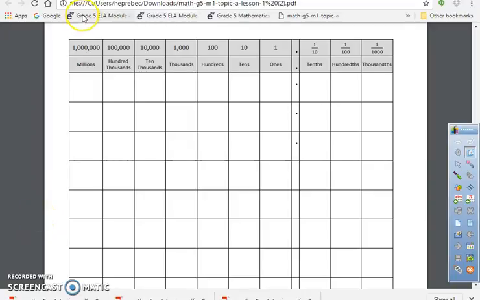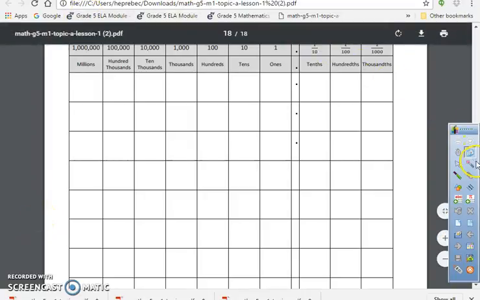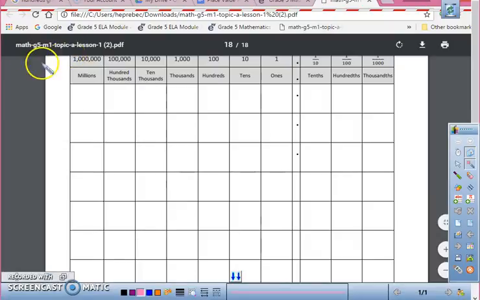Okay, so today we are on Engage, Lesson 11, Module 1, Lesson 11. And if you notice, I have my place value chart out because we are going to work on subtracting decimals. You guys have done pretty well on adding decimals, so we're going to go ahead and do subtracting decimals. And if I have 83 tenths,